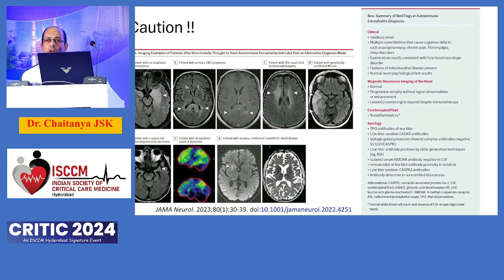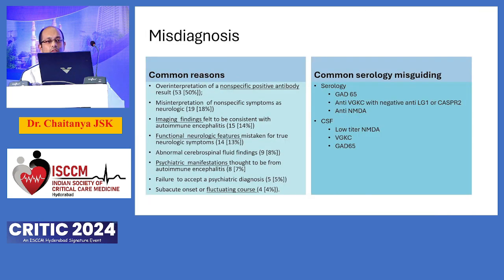Similarly, where you have low titer positivity of antibodies like anti-GAD or anti-VGKC. There have been statements in the Canadian guidelines now that anti-GAD65 need not be suggested for encephalopathy evaluation because there is high incidence of false positives. In the same way, when you have low titer or even a strong positivity of serum VGKC, but you don't have positivity with any of these antibodies like anti-LGI1 or anti-Caspr2, again, anti-VGKC could be a false positive. So knowing all this, you should pinpoint your diagnosis and keep your differentials open while we manage this patient.